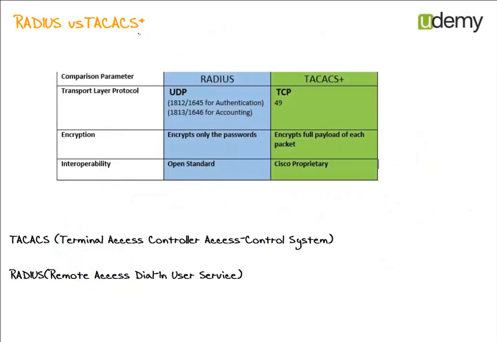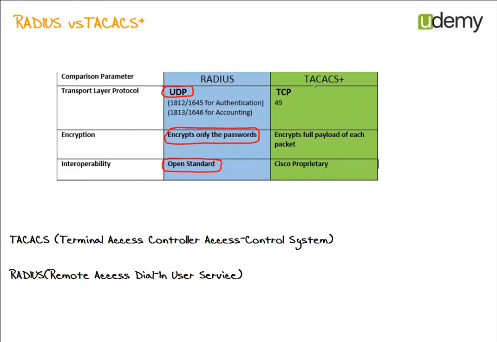Let's compare Radius versus TACACS+. Radius, which stands for Remote Access Dial-In User Service, is an open standard protocol, so you could use it in a multi-vendor network. Radius uses UDP as a transport layer protocol with these port numbers for authentication and accounting. Radius only encrypts the passwords, not the whole data. On the other hand,